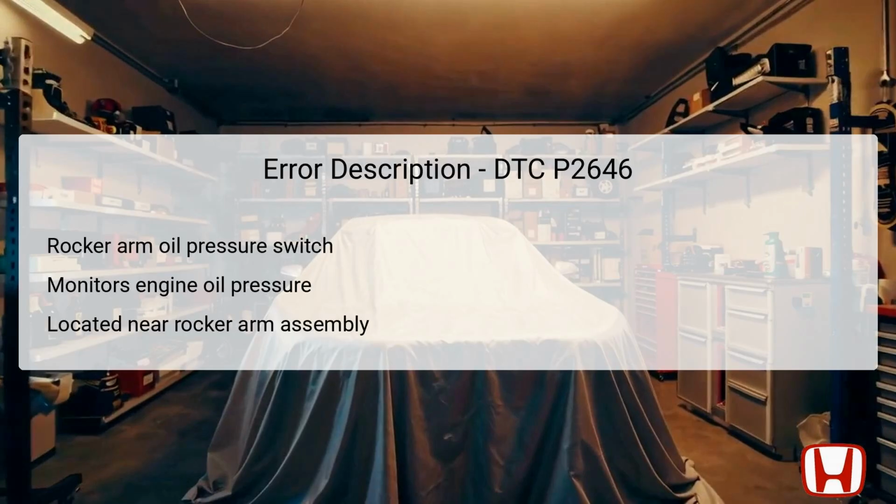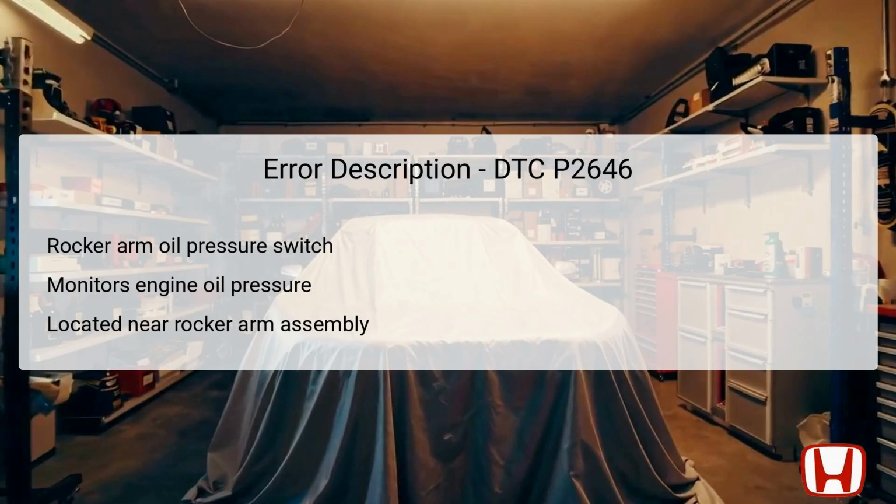DTC P2646 pertains to the rocker arm oil pressure switch, a critical component of the engine's oil control system. This switch's primary role is to monitor the engine's oil pressure, which is essential for the effective operation of the VTEC system. Essentially, the rocker arm assembly's function hinges on adequate oil pressure to actuate its mechanisms, allowing for variable